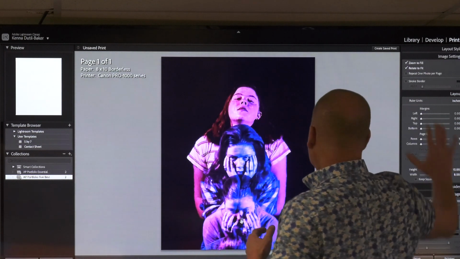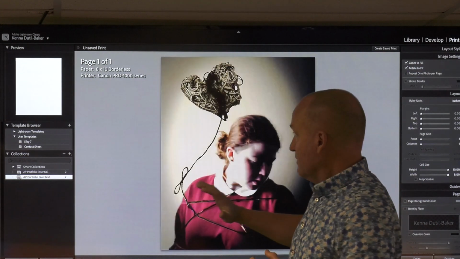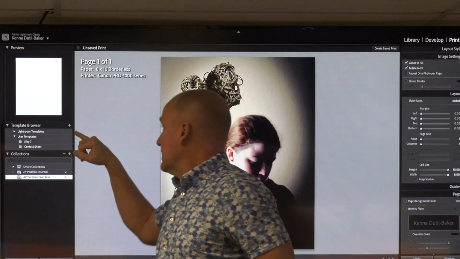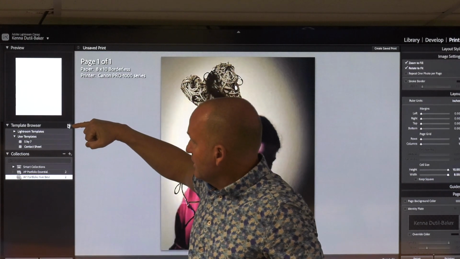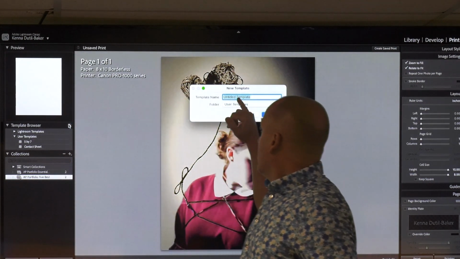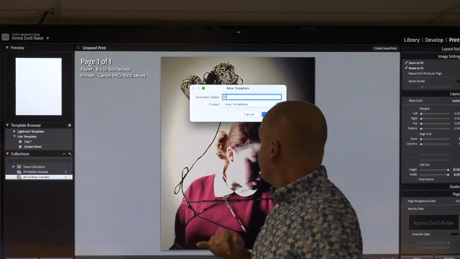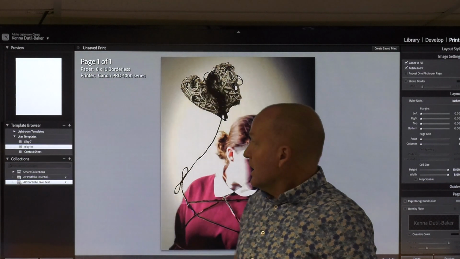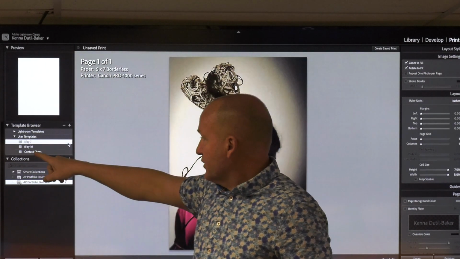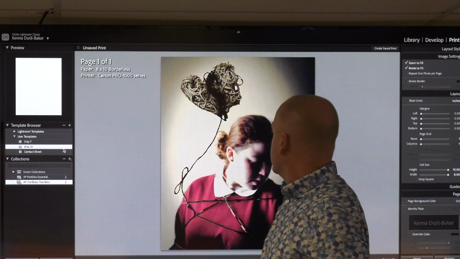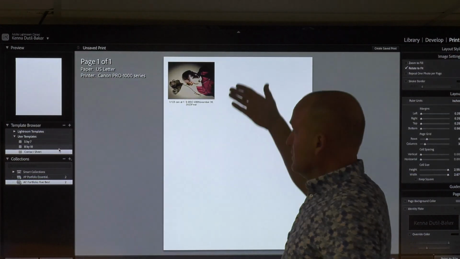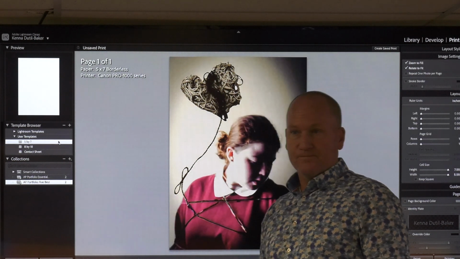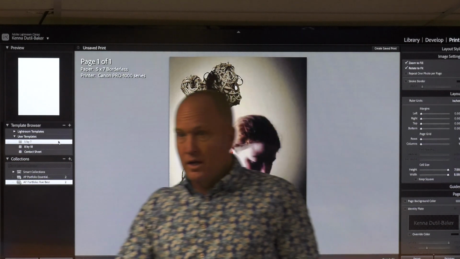Okay, so we've got an 8x10 set up here, which means we now need to save it so we can always come back to it, right? So we're going to come up to the template browser and click plus. We're going to call this 8x10. Hit create. And now we can switch between any one of those three. So go ahead and click on them, and it should show you the difference between a contact sheet, an 8x10, and a 5x7. Okay? So we need one more,